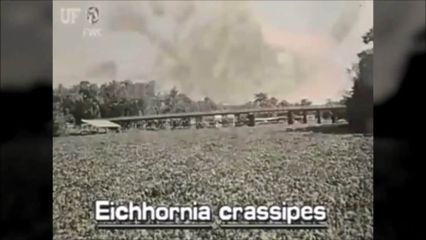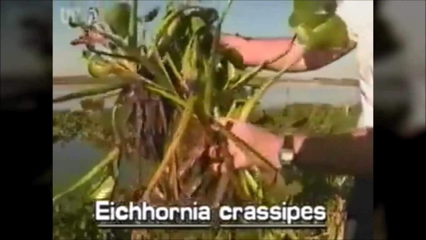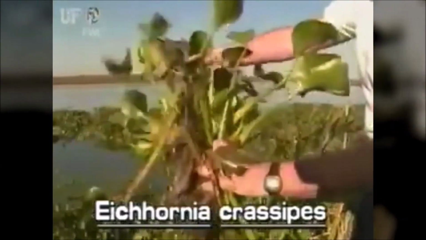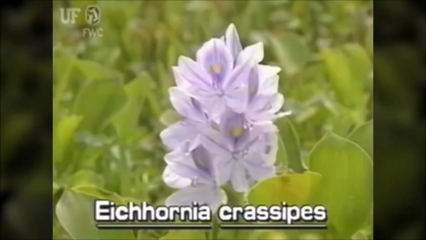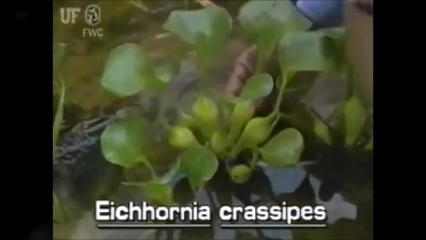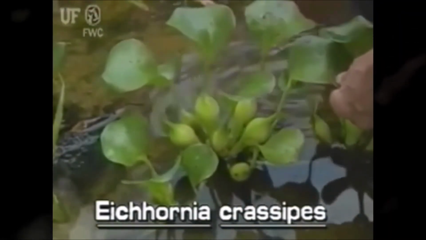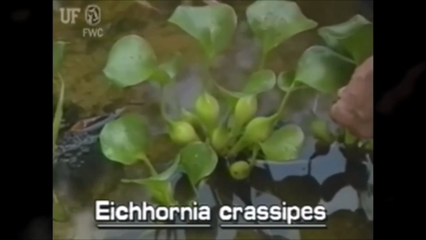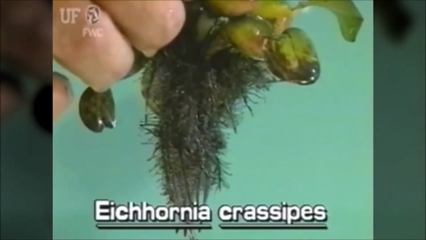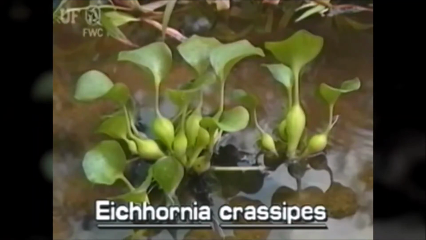Water hyacinths occur in all types of fresh waters in Florida. Water hyacinths vary in size from a few inches to over 3 feet in height. Water hyacinths have showy lavender flowers. They have rounded, leathery leaves that are attached to erect, spongy, and sometimes inflated stalks. They have dark, feathery roots, and they have runners with attached daughter plants.